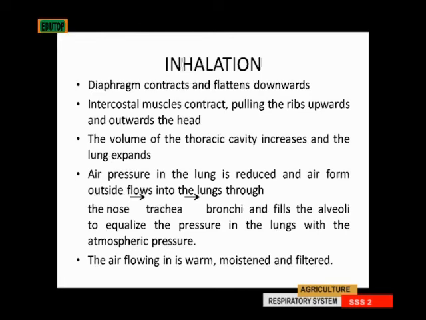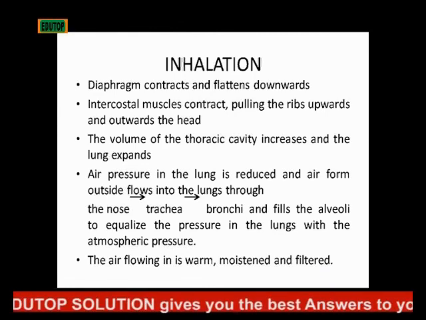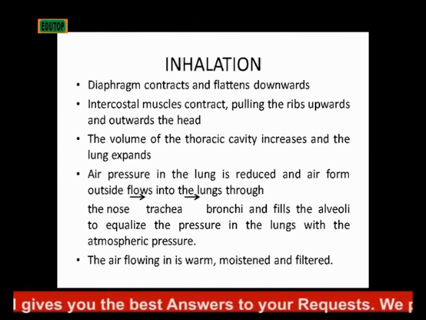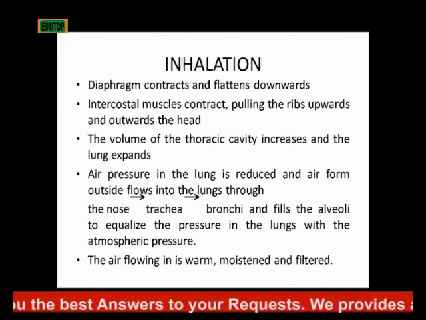Then the volume of the thoracic cavity increases and the lung expands. Then the air pressure in the lung is reduced and the air from outside flows into the lung through the nose, to the trachea, to the bronchi, then to the alveoli, to equalize the pressure in the lungs with the atmospheric pressure. The air flow